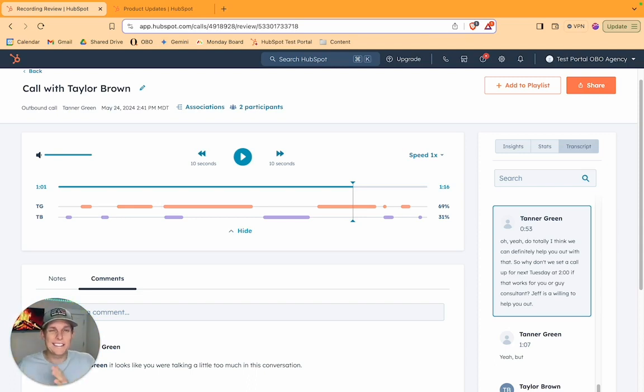So real quick, what is conversation intelligence? It's kind of a convoluted word these days. In this sense, for HubSpot, it's talking about creating the transcription. It's talking about the statistics and the insights and the analysis for all of the call recordings. So it records the call, and then after that, the conversation intelligence will generate summaries. It'll look at the statistics of who's talking and how long they're talking for, and then it'll look at the insights of what tracked terms you talked about, and it'll give you a good idea of what the call is